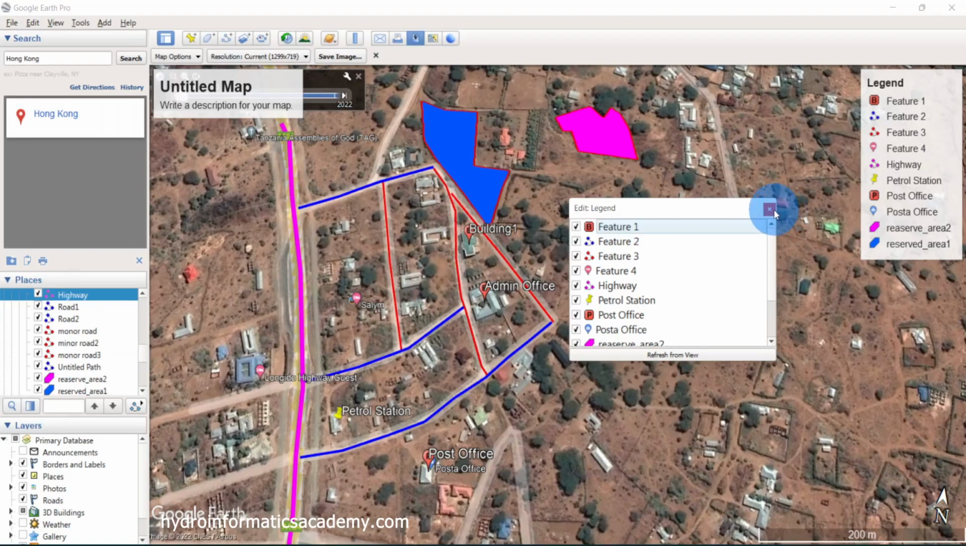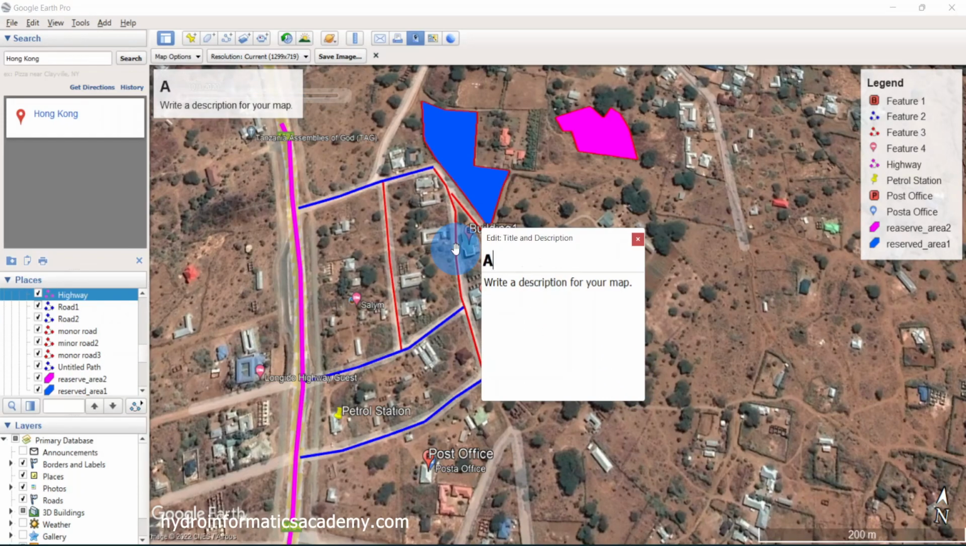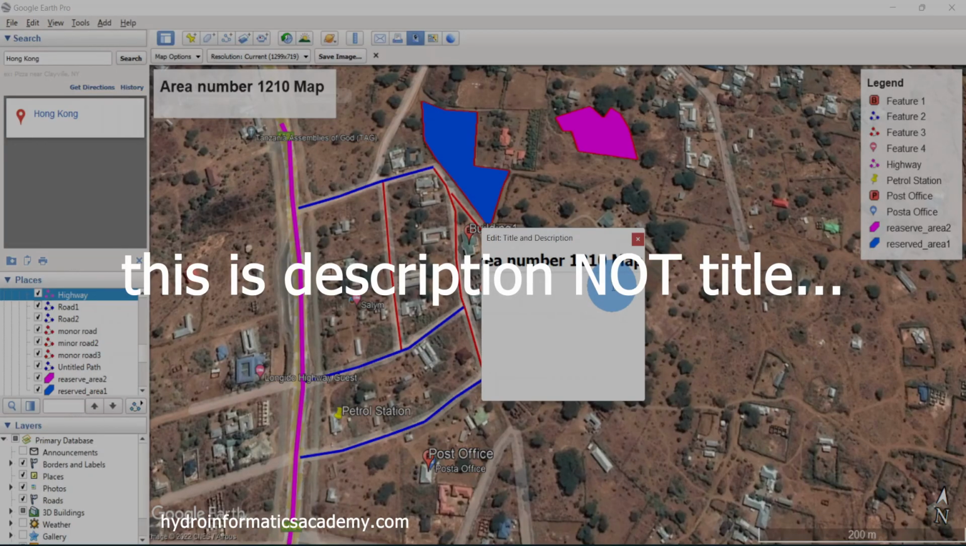So my legend now is done. What I need to do next is close this one. Now it's done. Let me select this title. Let's say this is area number 1210 map. Just make sure that you give a title that represents your project. For my case, I'll give it a map